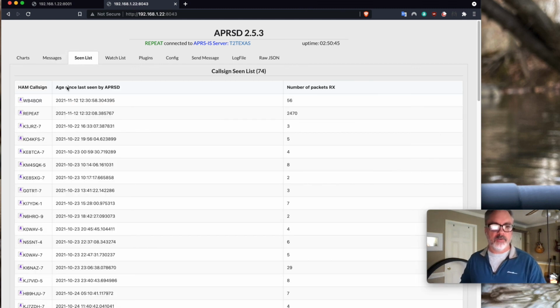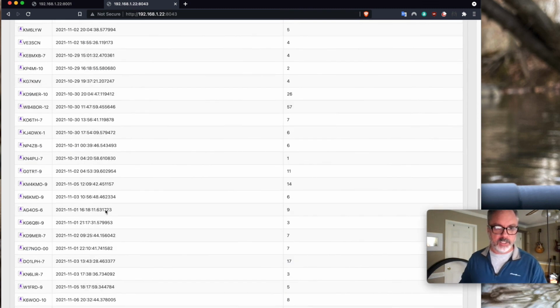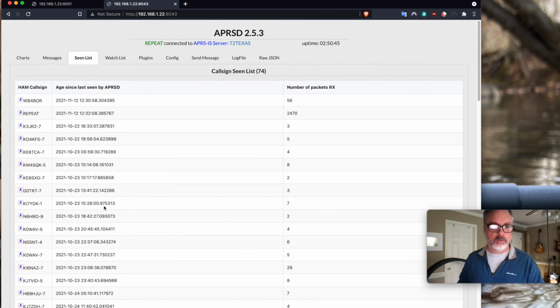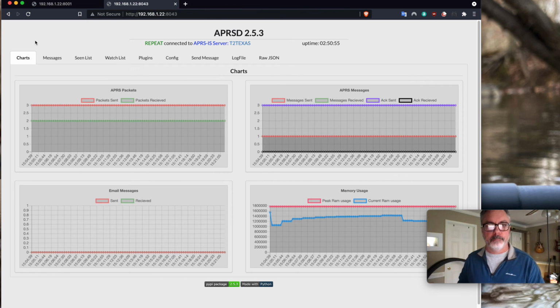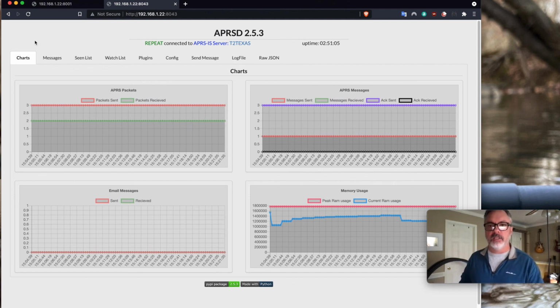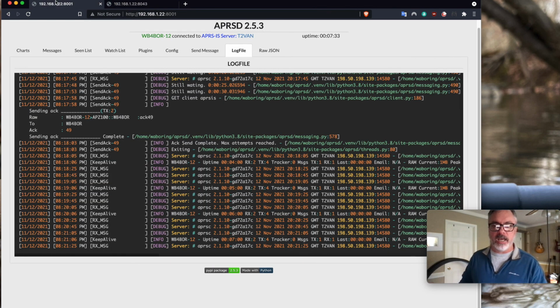And it keeps track of everybody that has used the service here, and quite a few packets that it sends and receives. I wish I'd have done this before I restarted it because there were lots and lots of messages and more interesting data. But this gives you a good idea of what the admin interface for APRSD looks like,